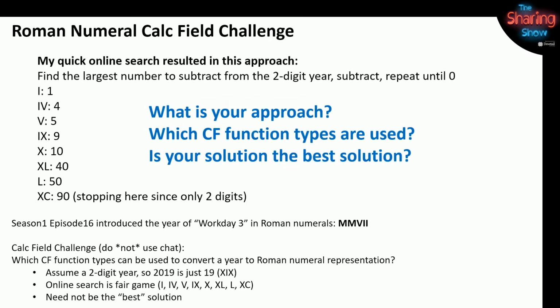Now, this is going to be a quite humbling sharing show for me, because what I did when I showed this is I wanted to encourage people, go ahead and use Google, use online search if you'd like. And I found this one, the way to turn a number into a Roman numeral: you subtract the highest number. So subtract 90 if you can. If you can't, subtract 50, 40, 10, and you add those Roman numerals, and then you subtract. Of course, this comes in a loop typically in code. And I found out the hard way, it's not easy to loop, or actually you can't loop with calc fields.